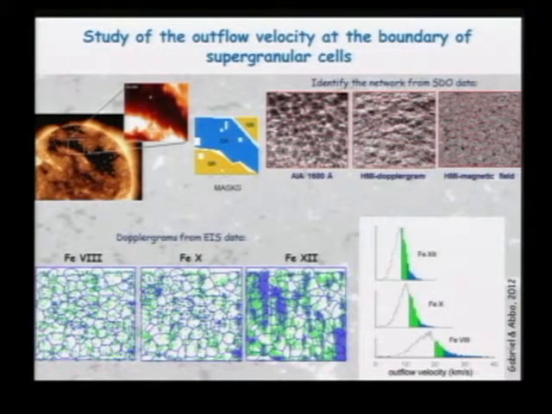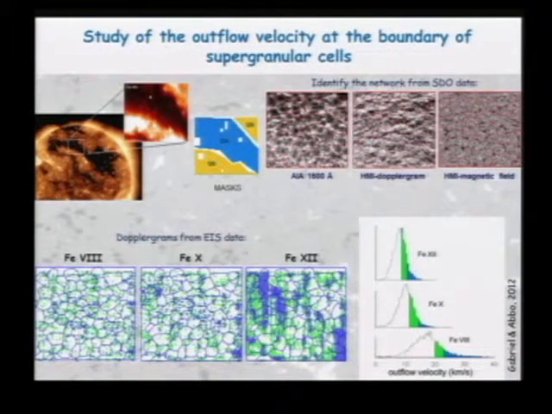And to check this observation, we used also HMI Dopplergram and magnetic field structures. So we trace the boundaries of the cells, and we superposed these patterns on the Dopplergrams from ice data